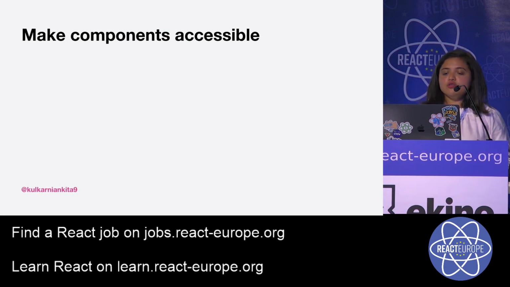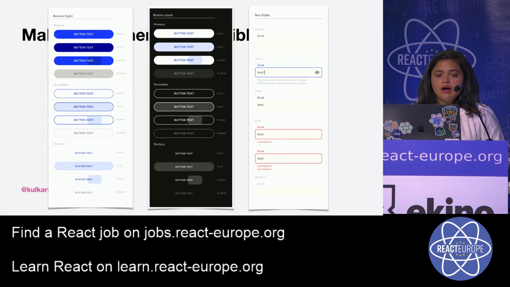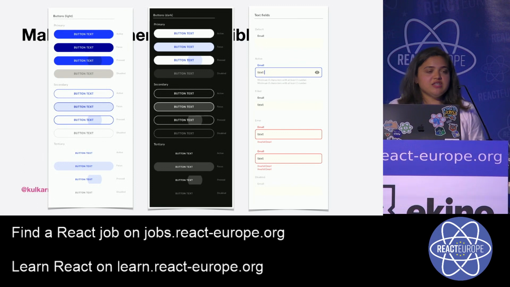So for example, if you're using a button, this is how the different states of the buttons would be. And I would add a button wrapper. So any developer on your team is going to utilize that button wrapper itself and start getting accessibility right from the get-go. This will really help onboard developers, and also you can catch mistakes in your PRs